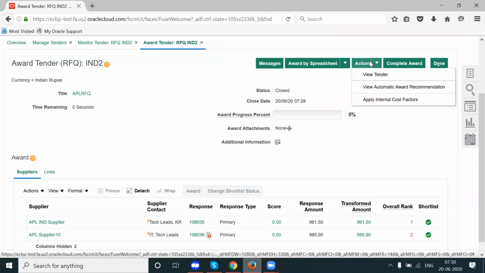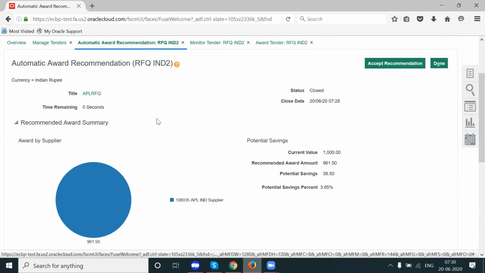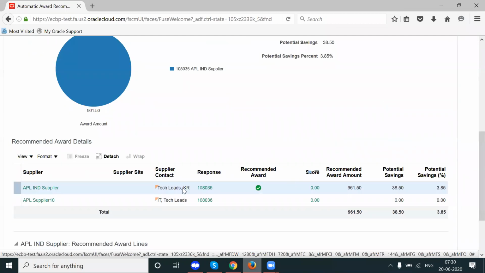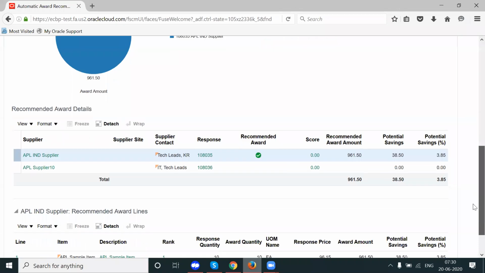If you go to action and click on view automatic award recommendation, the system will be recommending one. Okay, so the system is recommending this particular response. See, it is a system recommendation. So you can accept the system recommendation.